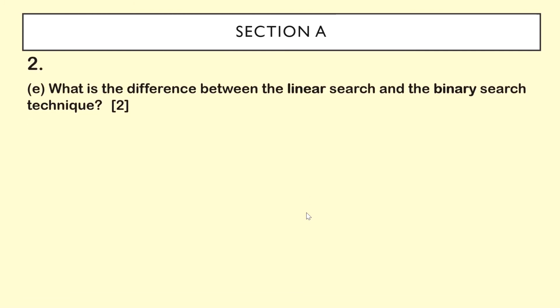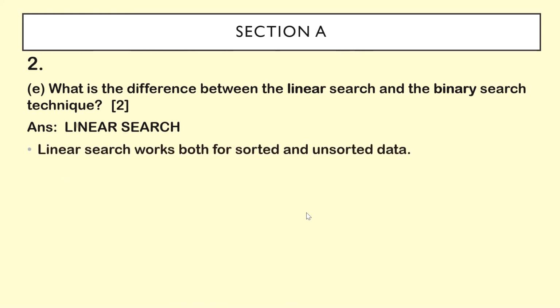E. What is the difference between linear search and binary search technique? Linear search basically means you are going in one straight direction searching for a particular element. Linear search works both for sorted and unsorted data, so you don't need to have sorted data. Sorted means arranged in either descending or ascending order.